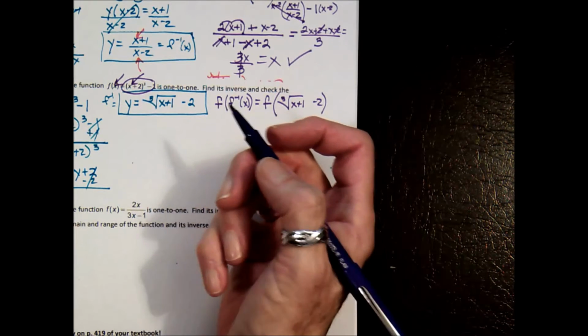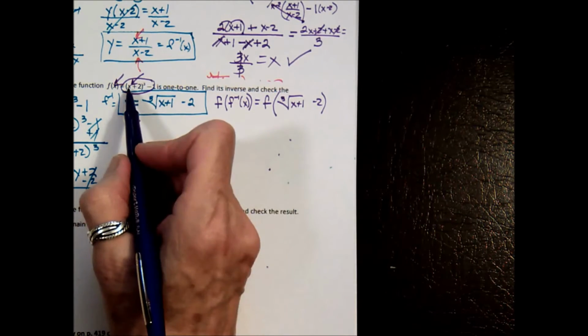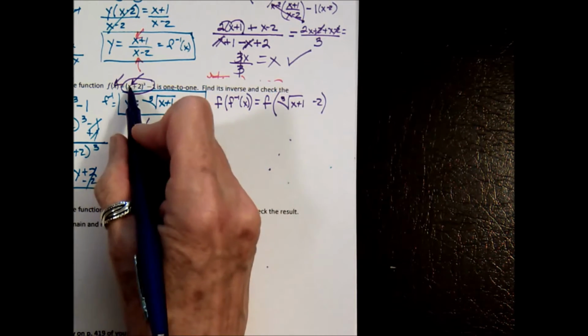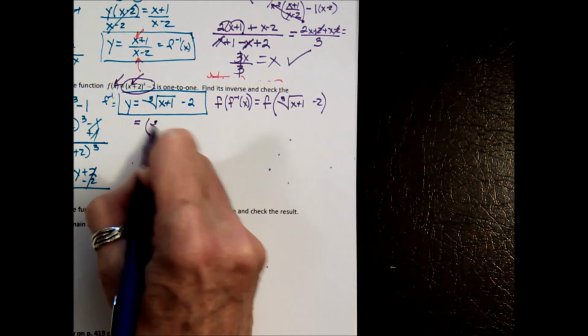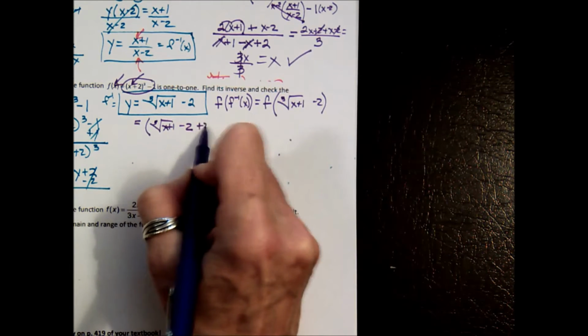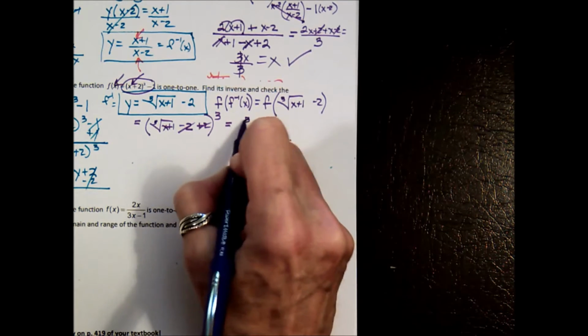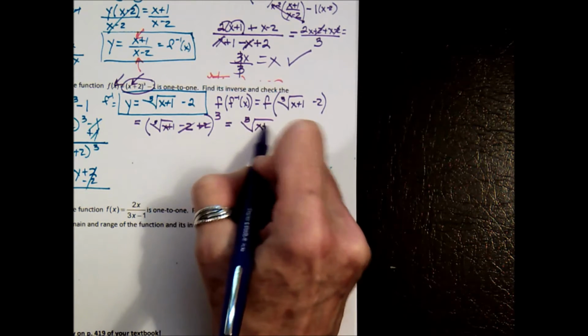So it's going to be equal to, just continue down here so you can see. I go to this, take out that x, put in this, cube root of x plus 1 minus 2, then plus 2, and then cubed. Well, those just go away. That's equal to cube root of x plus 1 cubed,